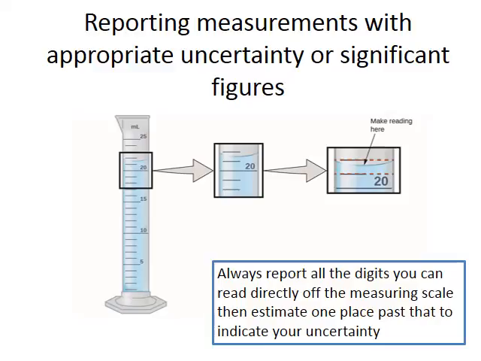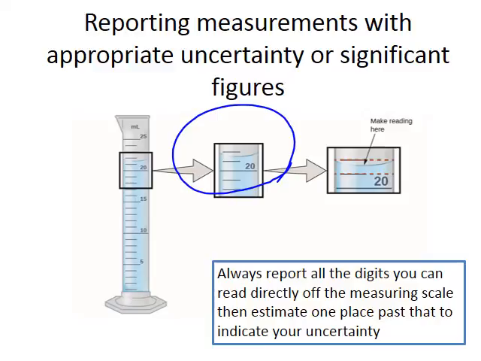When we use this graduated cylinder to measure volume, we can tell by comparison to the scale on the cylinder that our liquid volume is between 21 and 22 milliliters. We can tell this with certainty because each mark on this scale stands for 1 milliliter. And I can clearly tell that the meniscus for this liquid lies between the 21 milliliter and the 22 milliliter